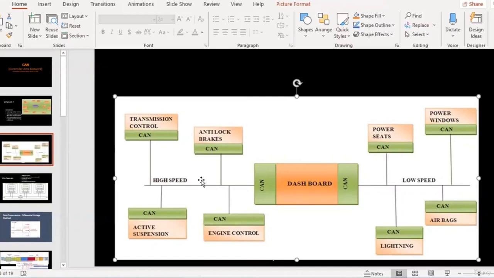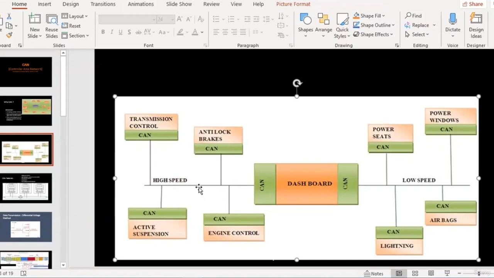Here in the diagram, you are seeing CAN high and CAN low, right? CAN high and CAN low are basically the different configurations of the CAN line. You would notice that CAN can work up to 1 Mbps and the length of the CAN wire shouldn't be more than 40 meters. How we are deriving that 40 meters would be discussed later in the course.